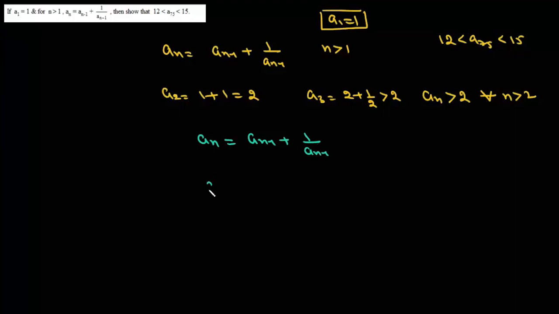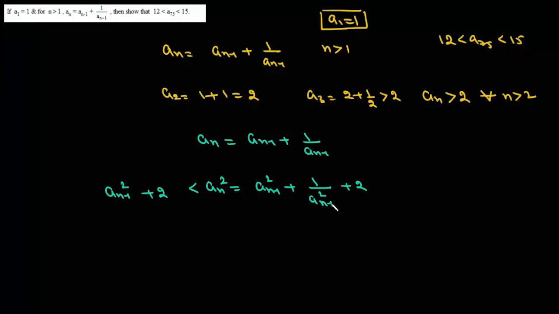Now we square it, we can write an square as an minus 1 square plus 1 upon an minus 1 square plus 2. Now we know that this is always greater than an minus 1 square plus 2, because we are leaving out this positive term 1 upon an minus 1 square,